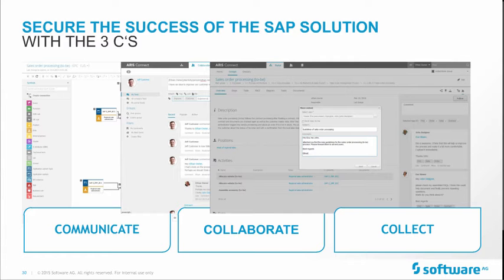And last but not least, also collect information from the end user, but also collect information about the system usage. So it's important and interesting for you also from the SAP perspective to see, okay, there we have the most discussion. In this process area, we have the most ideas. In this area, we have the most times that we need some more help, and probably something is unclear in the system. So that's really the tool to help you to communicate and contribute in your SAP project.